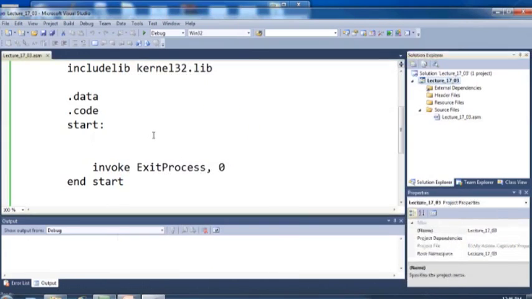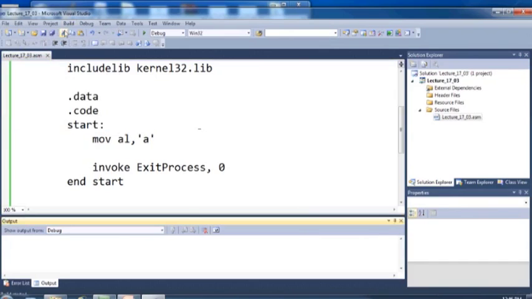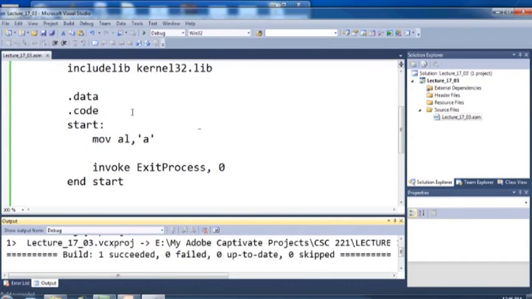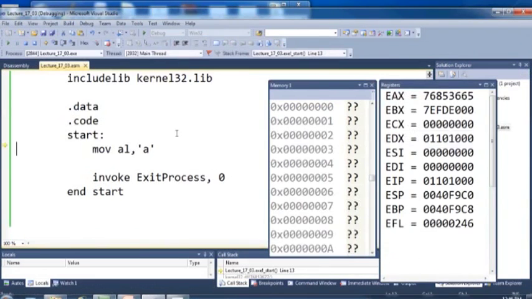The first Boolean operation is, for example, if we want to perform ASCII conversion from small a: move AL comma a. Save, then build and run this one, so you can see what is inside. If this move is performed,